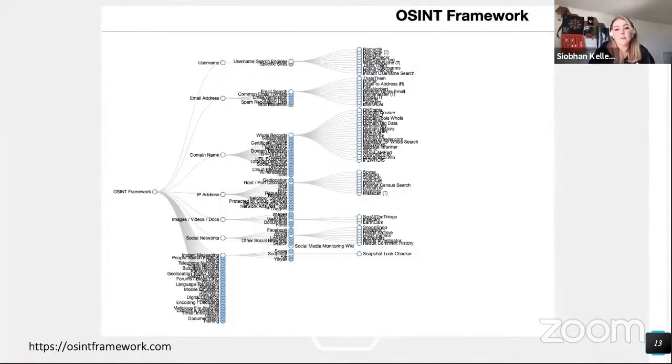So another resource that I use is the OSINT framework. This is a really good place to start if you're looking for resources and how to find websites to use for searches. You can use it to look up all kinds of different artifacts. As you open the topics, you'll find links to websites. You can run searches on different types of things. People often use the same or similar usernames across multiple platforms. So this resource can really come in handy if you hit a dead end or just don't know where to start.